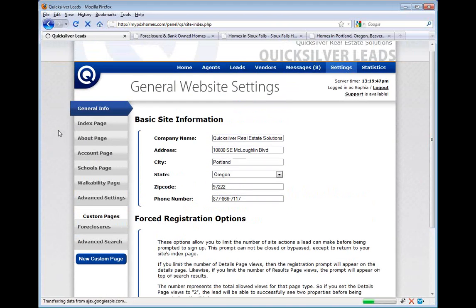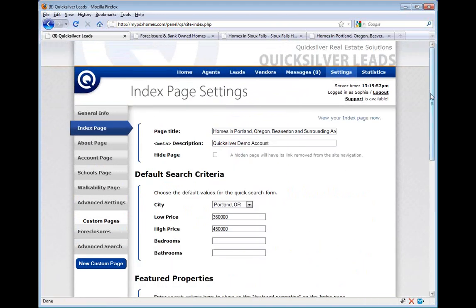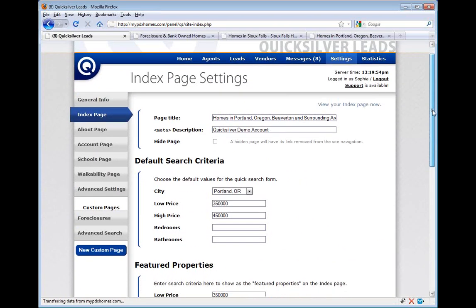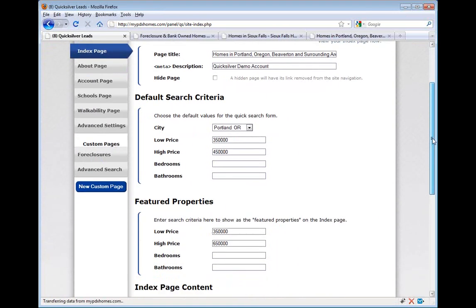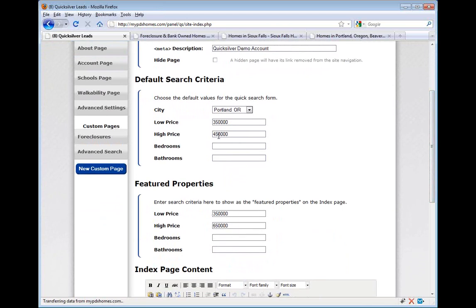From there, you go to the index page, and again, this is all information that you can upload in here. The default search criteria, the low price, high price, is going to populate on the front end. So you can change wherever areas you live. If you live in Minnesota and the high price is $175,000, you can change that out. If you're in Southern California, where the median price is closer to $400 to $450, you can change out the